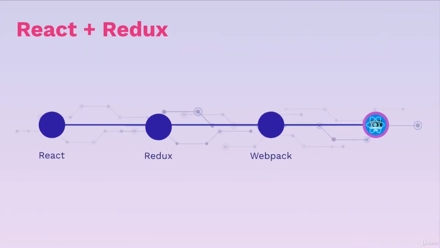We are then going to get into React and Redux, the most popular front-end libraries to build single-page applications. We'll first have a nice introduction to React if this is your first time learning it. And then we're going to quickly dive into Redux, talking about state management and how to structure your apps so that they can grow. And we also add a nice small section on bundling, on using the latest Webpack, as well as an up-and-comer like Parcel to bundle our files and make our production bundle optimized. By the end of it, you're going to feel comfortable with React, Redux, as well as setting up your projects